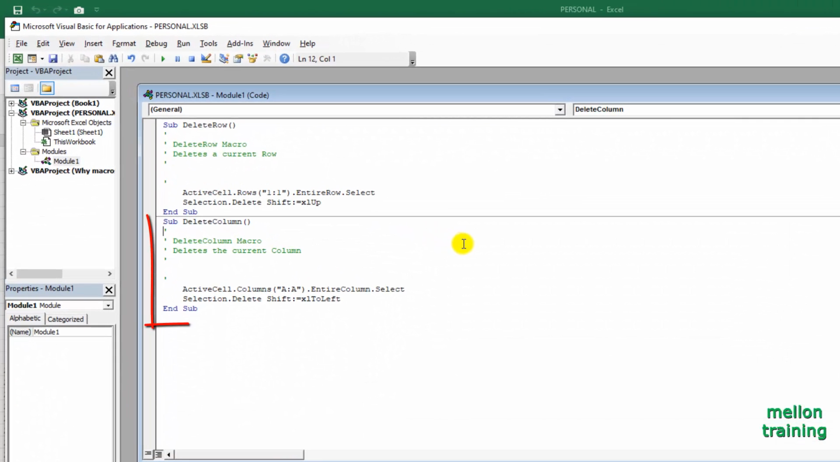Here is the code from the delete column. Here is the description in green color, and here are the two lines of code, one that selects the column and one that deletes it. What I need is to put an if statement around these two lines of code. Okay, let's start typing. If message box,